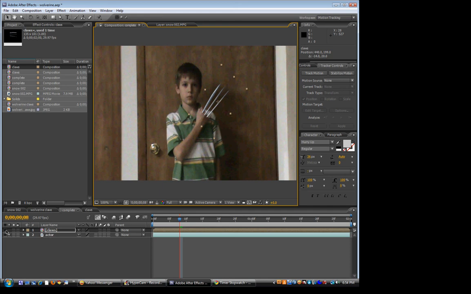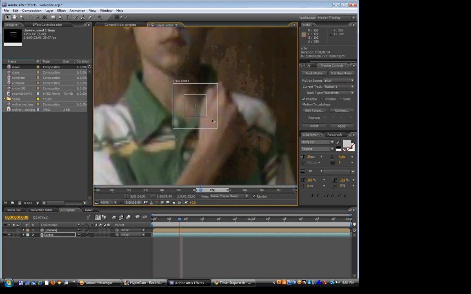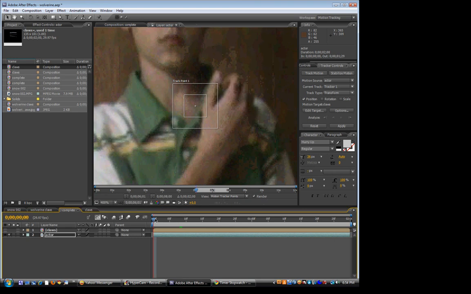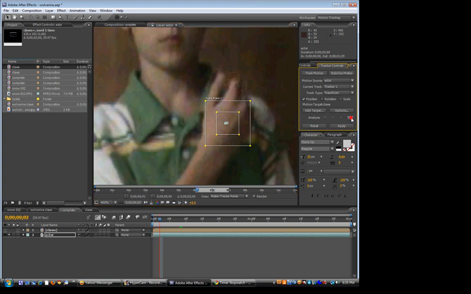Okay, so we can turn off the claws layer, click on the actor layer, and open up the motion tracking, and then just click on track motion, and make sure you're at the beginning of the timeline, and just find an area of the hand that is like a different color. So I'm probably going to select like this area, and then we can just go a few frames down and